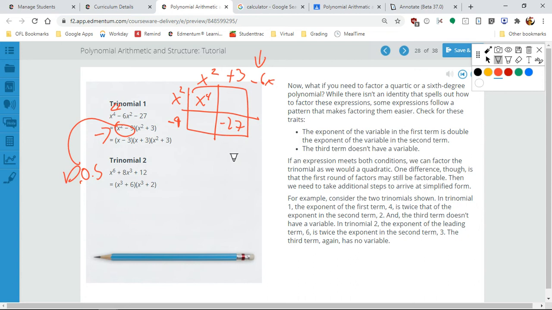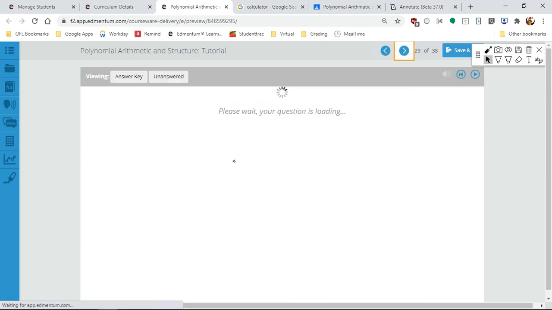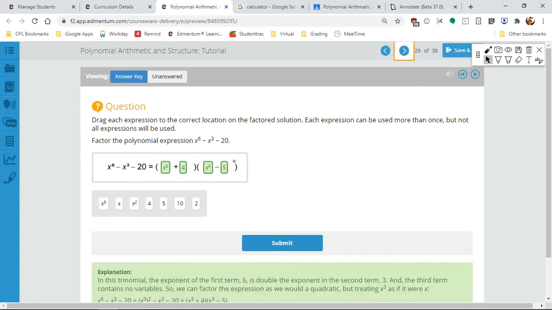So it's pretty much the same thing. Your powers just look a little different. So you can still use FOIL or the box method, however you want to call it, and it'll work out. So let's take a look at this one. What they're doing here is if you box method this,